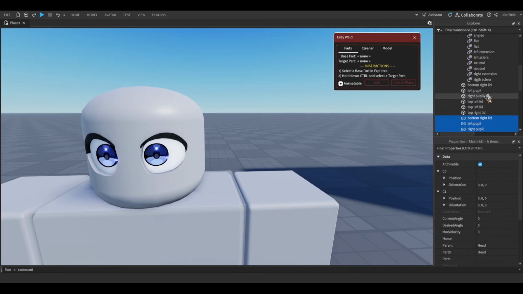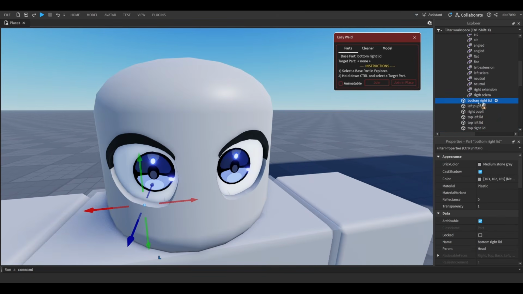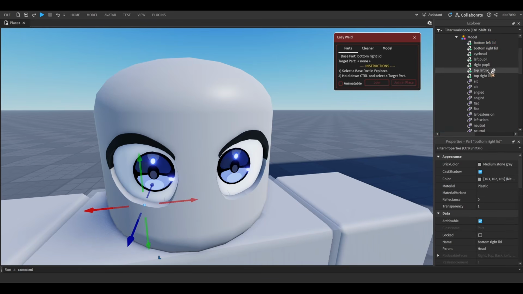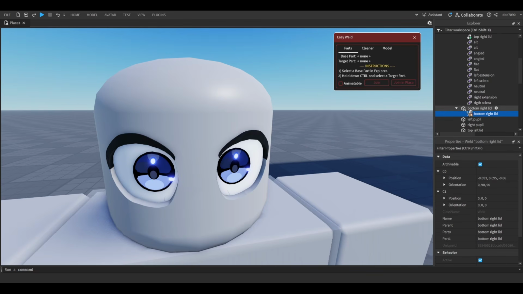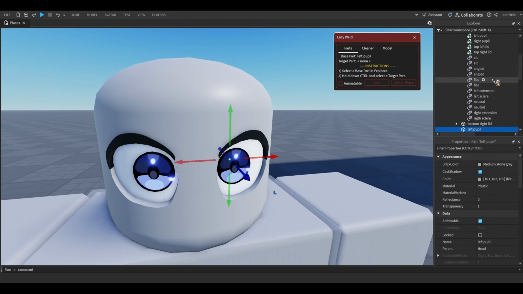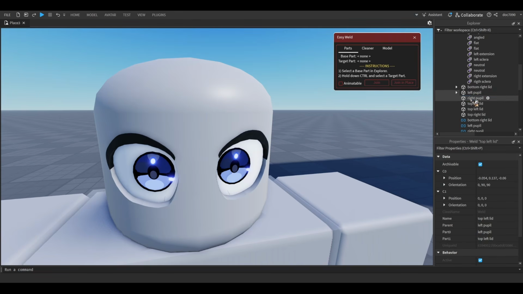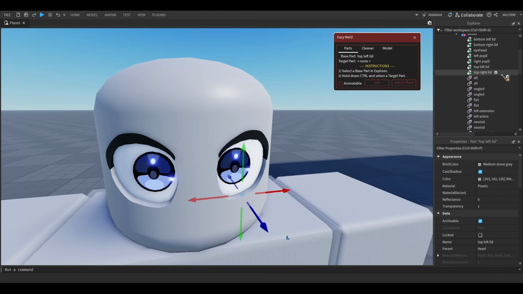And first we're going to weld all of the handles to their corresponding parts. So select the handle first and go to the part. So bottom right lid to bottom right lid. And then use a non-animatable weld for this, because you don't need to animate inside the handle. There you go. Just going to do all these. This is top left lid,